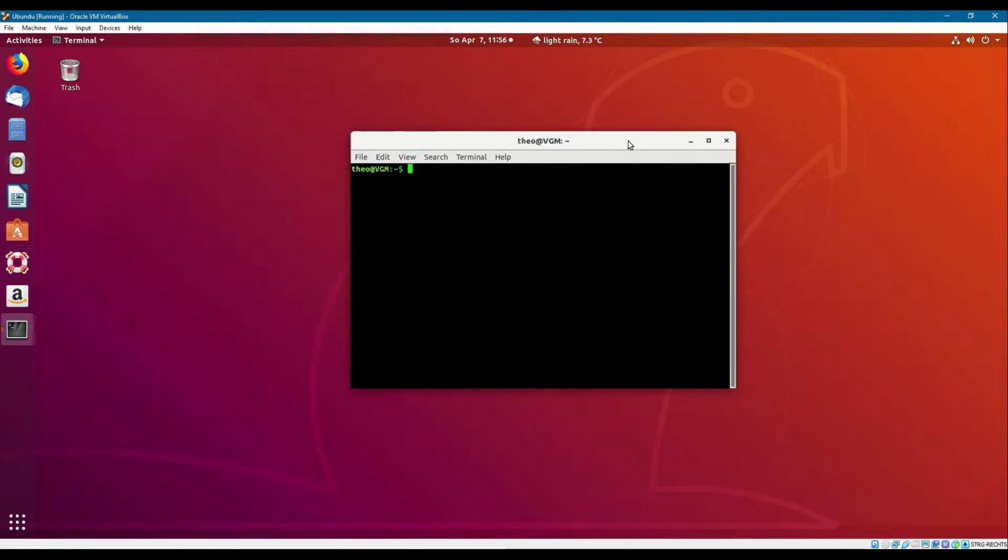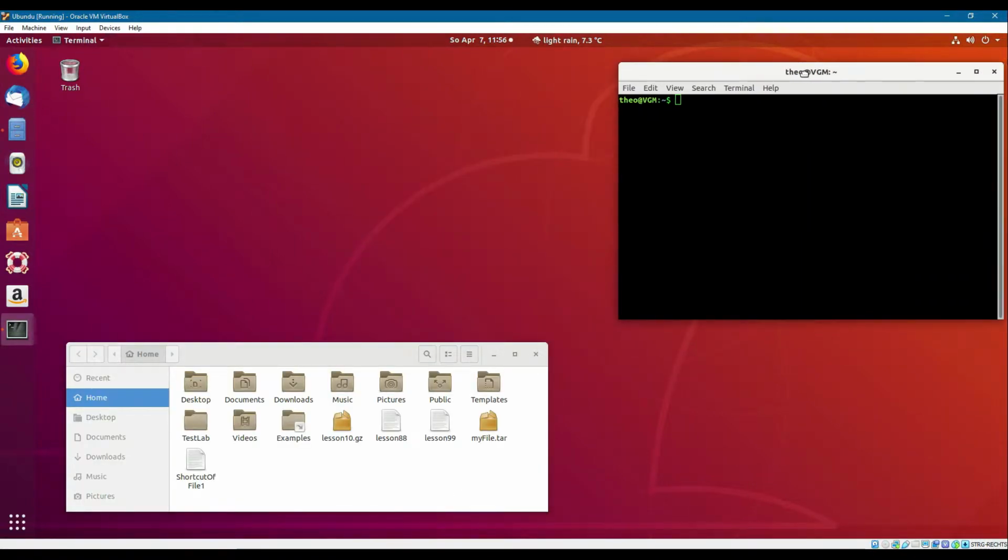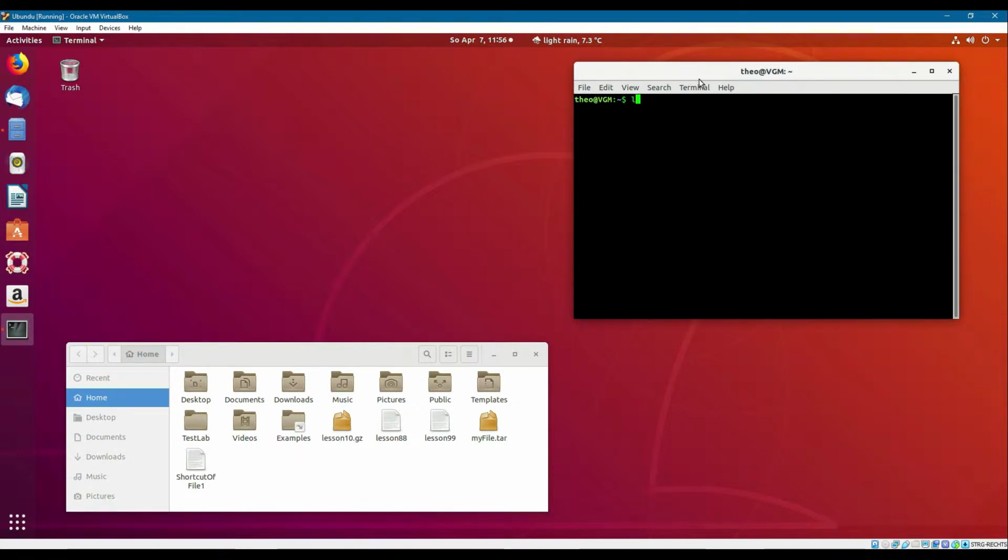using a text editor. Let's go to the files to see it happen. We will see if we are at the right folder, and yes, we are there. And using the Vim editor, I will try to edit a file and create a file. So Vim, I will name it lesson 11,